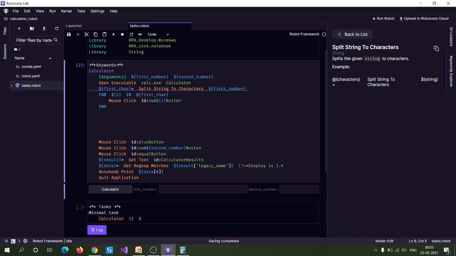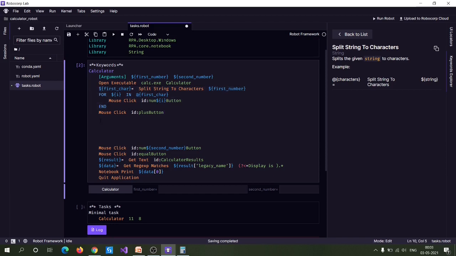You can do the same thing for the second number also, but before that you have to click the plus button. Before doing it for the second number, you have to click the plus button. Now utilize the same method that we used for the first number for the second also.